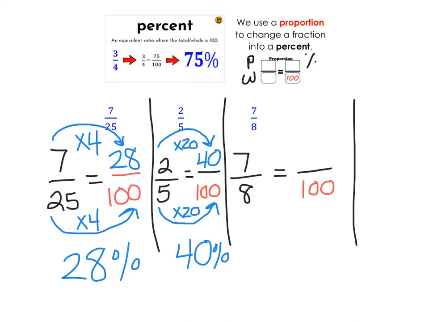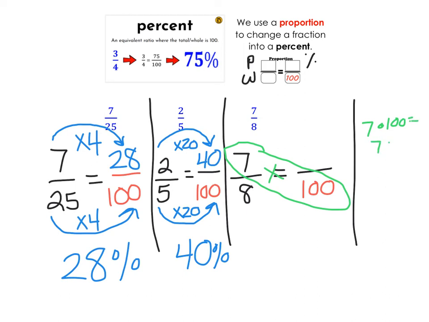So in this case, I'm going to choose to use the bat and ball method, or the cross multiply divide method. So I'm going to find my bat, the two numbers that are diagonal from each other, and I'm going to multiply. So 7 times 100